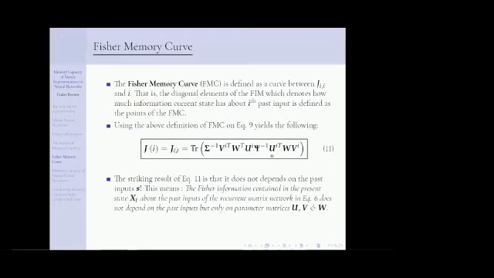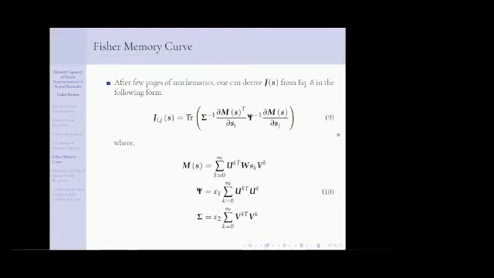Now, a very striking result happens right now. As you can see, Ji is the information contained in the current state about the ith past input. But actually, it does not depend on the ith past input. We have complete freedom from that. There is no si here, as it was a derivative, as you can see in equation 9. The derivative actually cancels that out. The sk, the past inputs, was only present in this Ms, and we were taking derivatives of it. Since it is linear, those derivatives got cancelled out.